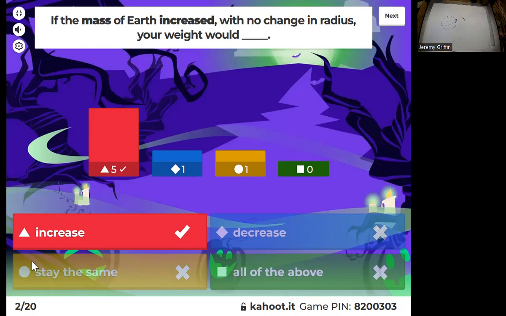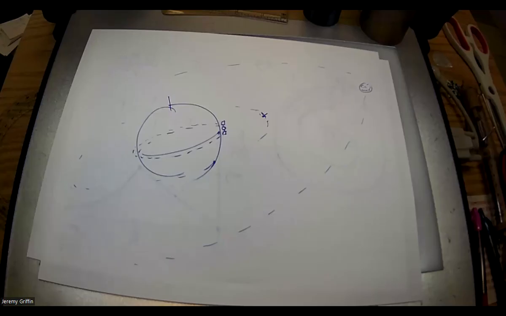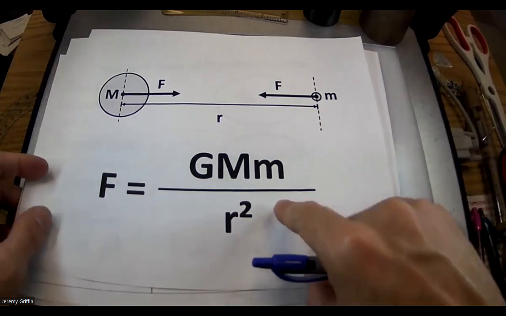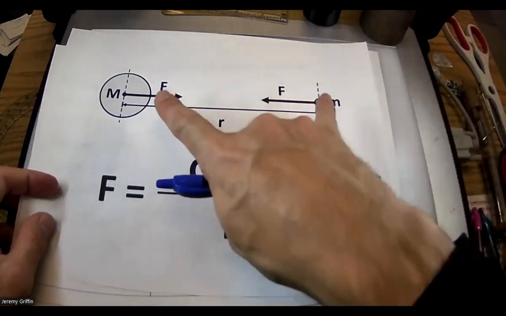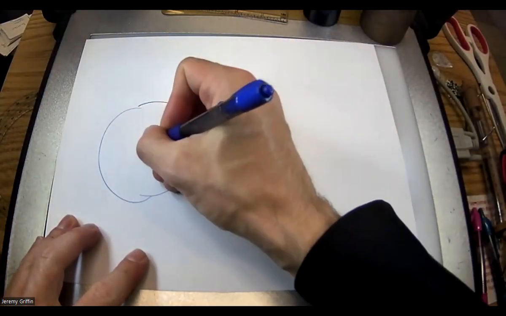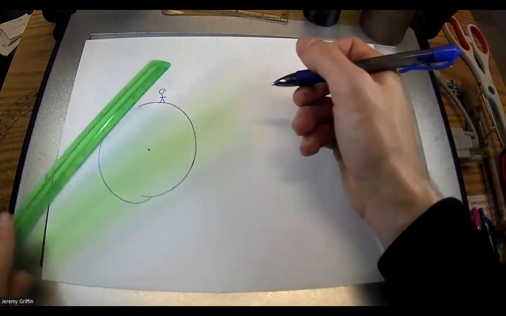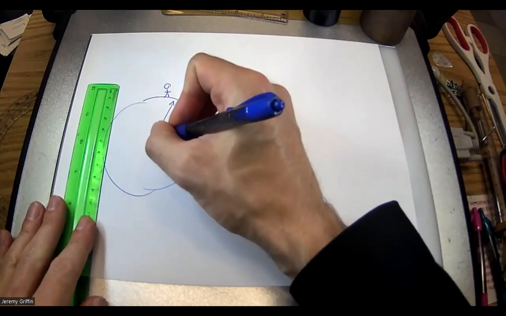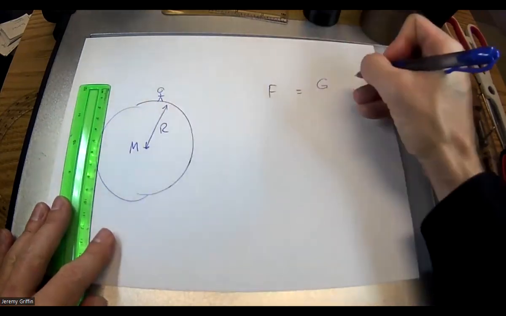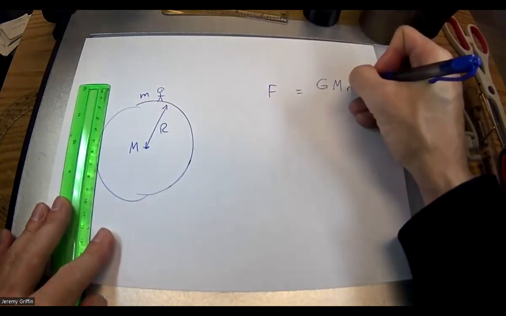Actually, here, I want to flip the screen because of the next question that's coming up. Right, so we are here. This is the formula that's going to navigate that question, also the one that you guys are about to see. Except I'm going to modify the scenario a little bit. Instead of just two objects floating around space, I'm going to turn this into a planet and a person, right? Just like that. Okay. So some distance r here.